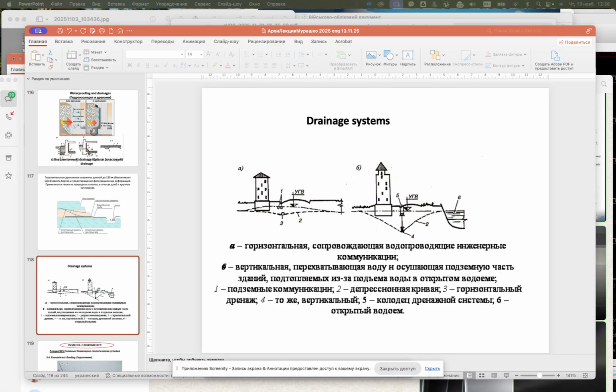I will translate it right now. Engineering Defense Directorate. It's from our city council, and they give you, when you are designing a new building, technical conditions,